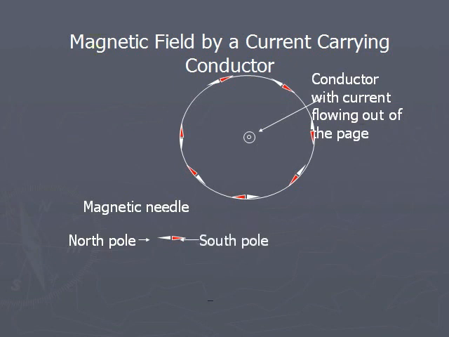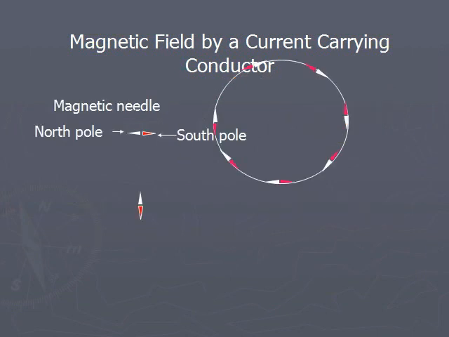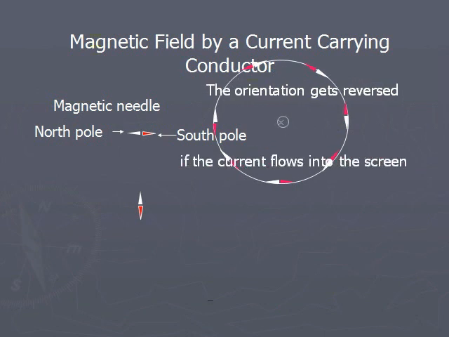White part represents the north pole and red part represents the south pole. So here the magnetic field is situated in the anti-clockwise direction. The magnetic field is situated in the anti-clockwise direction in the plane of the screen. To identify the directions of the magnetic needle, here I have given north, south, east, west directions, and the magnetic needle is placed such that the white one represents the north pole.